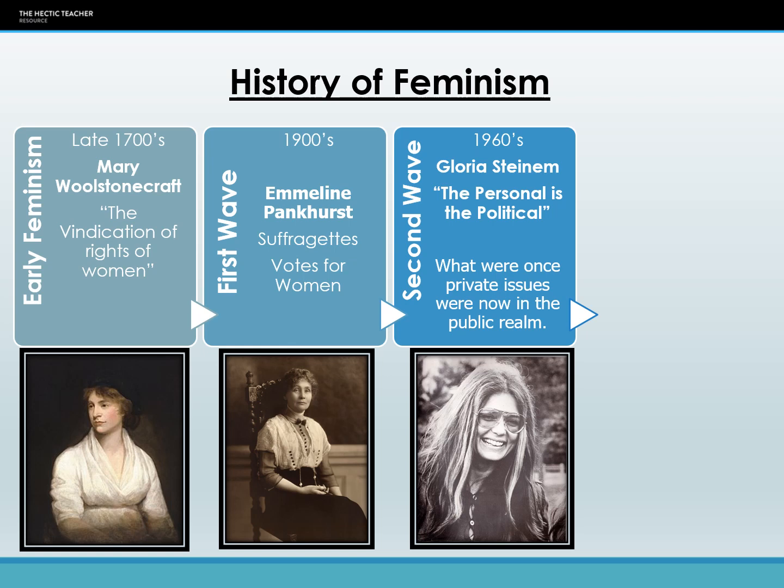So the second wave of feminism, we've got that radical feminism with the bra burning and all of that sort of thing, but we also still had the liberal feminists who were working within the system. At the same time, you've got the development of Black feminism and the discussion of the experiences of Black women being different to those of white women. So we're starting to see more development of different types of feminism coming through here.